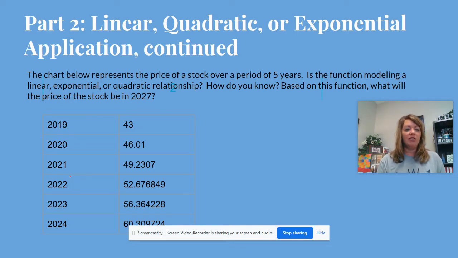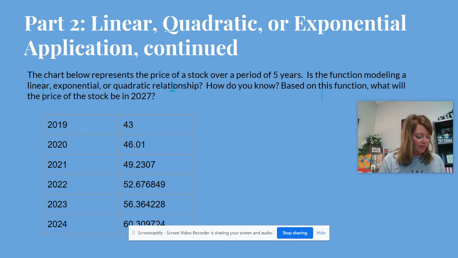They are all going up, right, by a year. So 2019 to 2020 going up by a year, up by a year, up by a year. Okay, so that's good. Now we need to figure out what the relationship is that's going on over here. So the first thing I'll check is my addition and subtraction, okay? So 46.01,